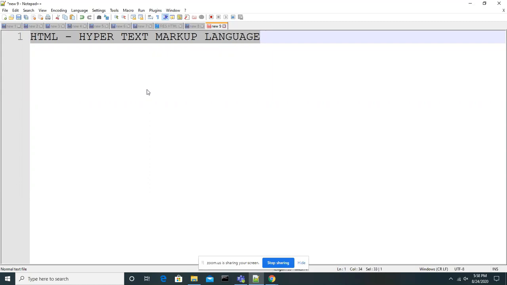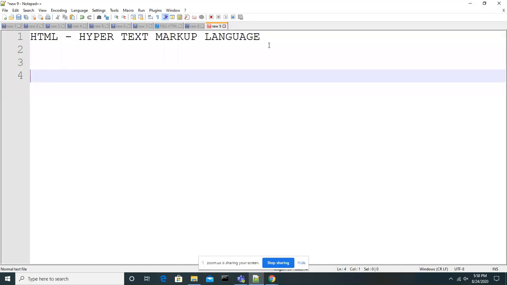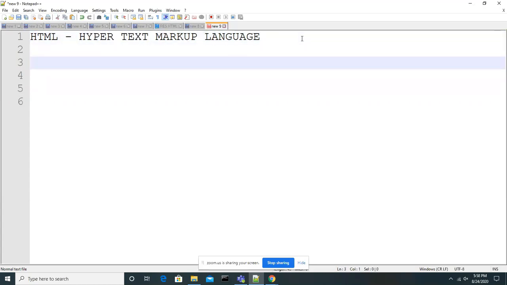Let's try to understand this one. What this language will do is convert the text into a good-looking representation. For example, I want to represent the name in bold. I want to represent the name in italic. I want to represent rows and columns, instead of displaying it the normal way.